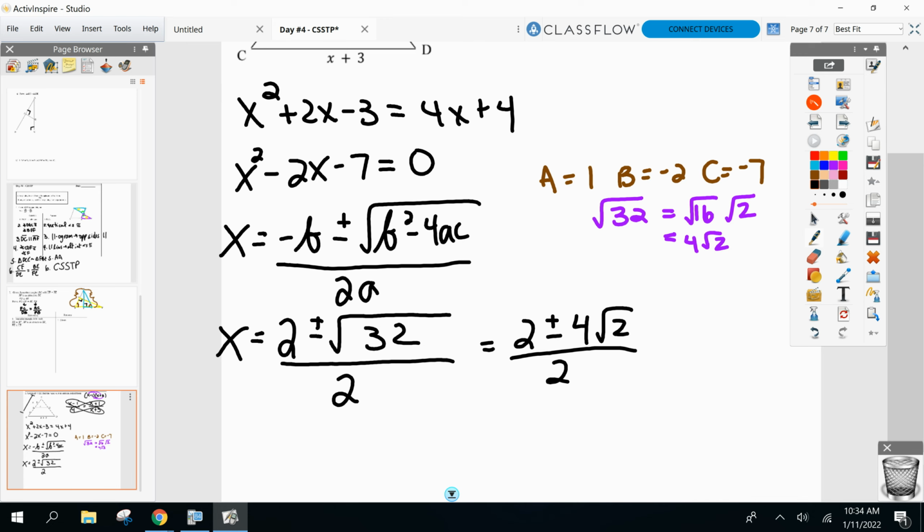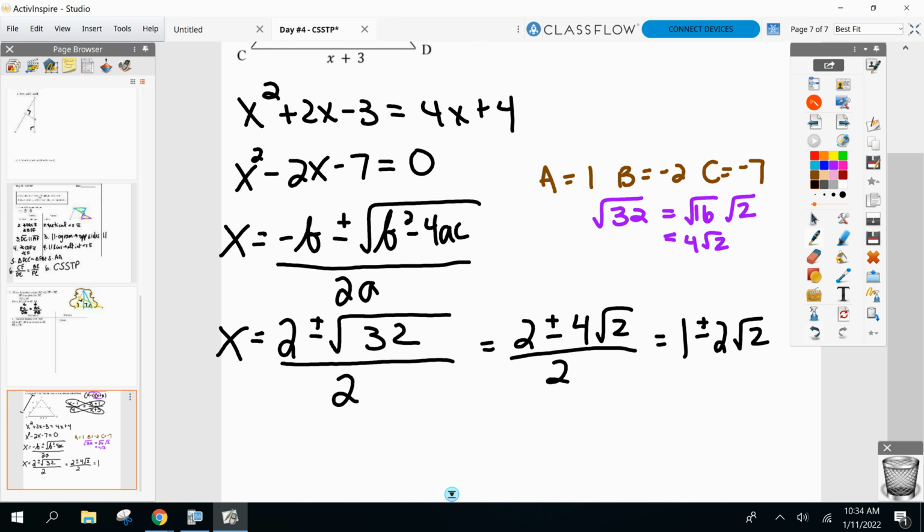That's still not simplest form, though, because I could still divide. Here's where I'm worried about. Everyone see the 2 in the denominator? You need to apply it to the left and the right of the plus or minus. Not just one and not the other. So, 2 over 2 is 1. 4 over 2, plus or minus